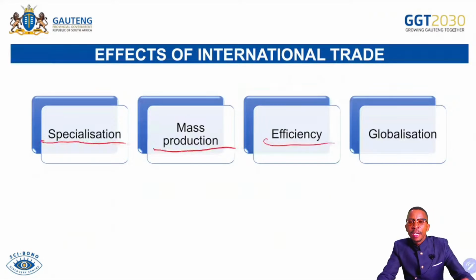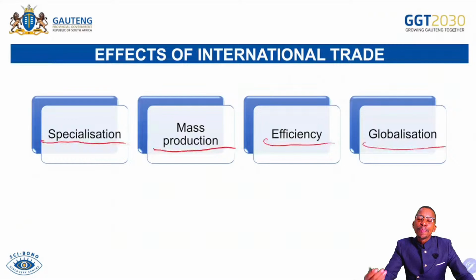In this situation, if firms are exposed internationally, they are able to use their factors of production efficiently. All of them will be utilized because the demand is locally and abroad. Globalization. This simply happens because as we trade with other countries, there will be removal of some restrictions that will be prohibiting functionality of firms across the world. That's when now the WTO, or World Trade Organization, intervenes to reduce trade barriers between countries, allowing them to trade